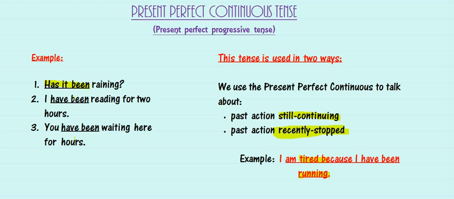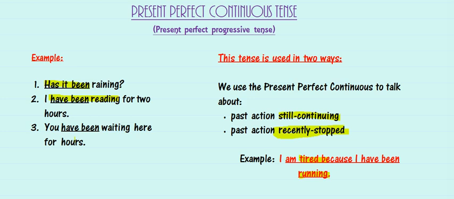The next sentence is, I have been reading for 2 hours. Now again the action over here is reading. The verb is read and it is coming in an action form of reading. So you can understand in this situation the person is telling, I have been reading for 2 hours. So at the moment when he's talking, he has either recently stopped or maybe he'll still continue. So in these kinds of scenarios we use this tense.